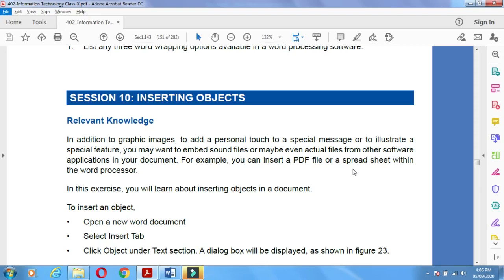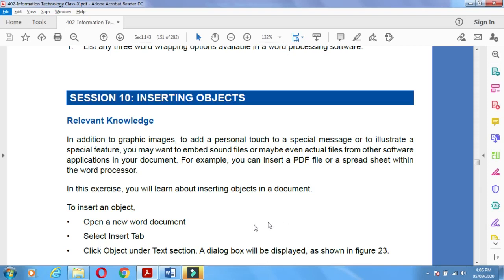Meaning, files from other software programs you have to add in a Word document. That time you utilize this option, Inserting Object. If you have a Word document and you want to insert an Excel file or a PDF file, this option helps you to insert that file.